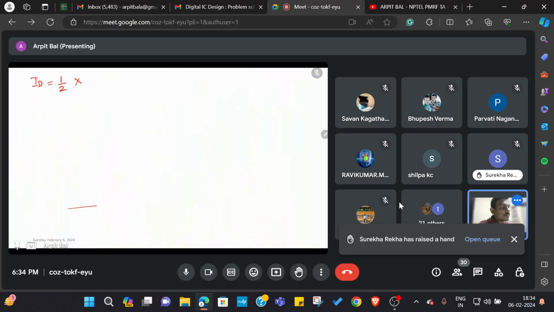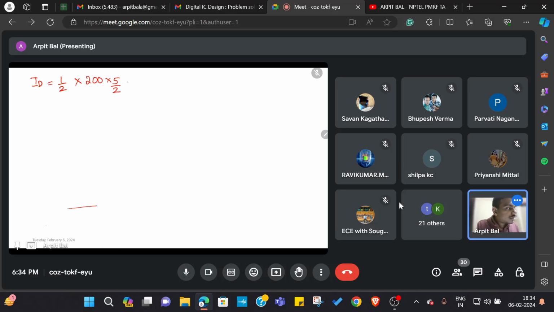So we will directly put it into the equation: into 5 by 2, into VGS minus VTH whole square, into 1 plus lambda, that is 0.07 into 1.2, which is my VDS, into 10 to the power minus 6 because of this Kn. So we have 11.025